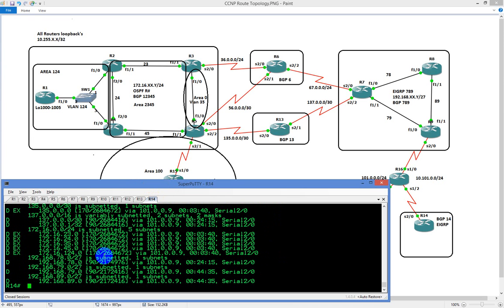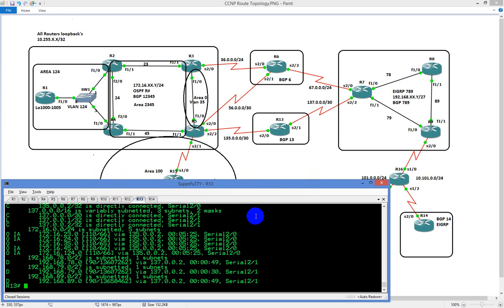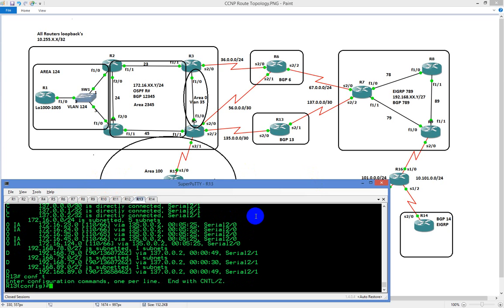Now, we're going to add a complexity here. Then we have a single point of redistribution. We want to go to two points of redistribution. We're going to go to router 13 now. This is where things start to get interesting and start to break if you don't do things correctly. So we're going to type in router eigrp